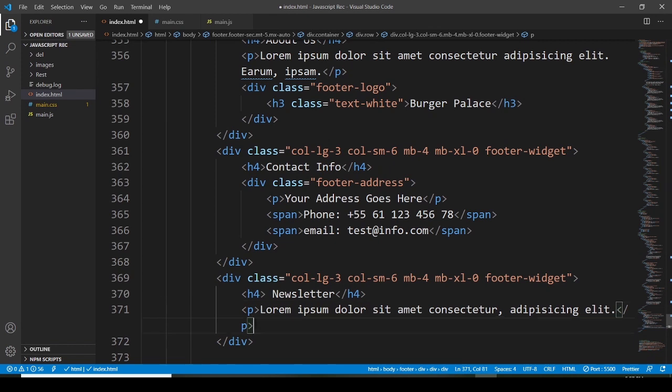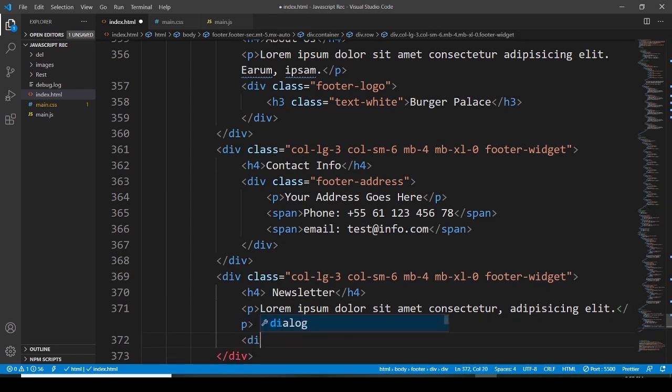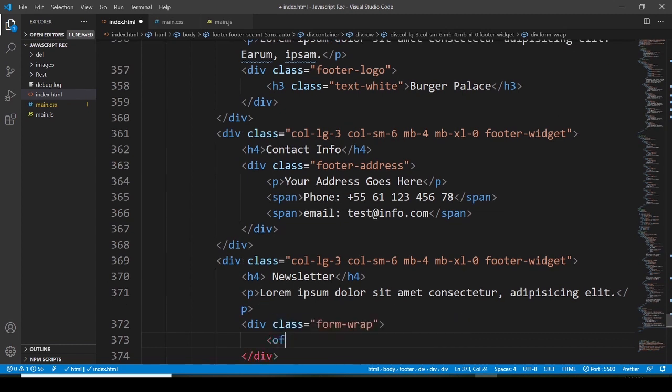Okay, and now I would like to have another division with a class, and this class is going to be form wrap, and then we have to go with a form